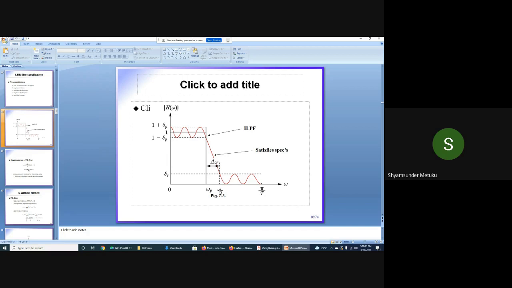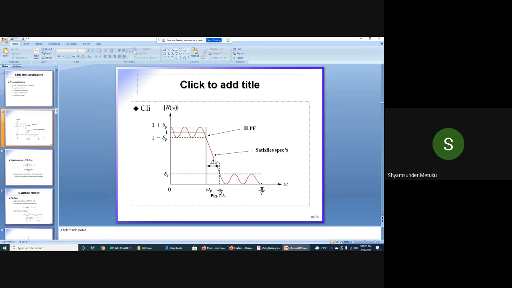I told in the very previous class, theoretically when somebody is talking about the types of filters, minus 1500 to plus 1500. That is what we discussed in the previous class. Minus FC to plus FC, or minus omega p to plus omega p. But during the design phase, specifications are represented only on one side of the spectrum. So only the positive side we are considering here. The negative side is equivalent by symmetry.